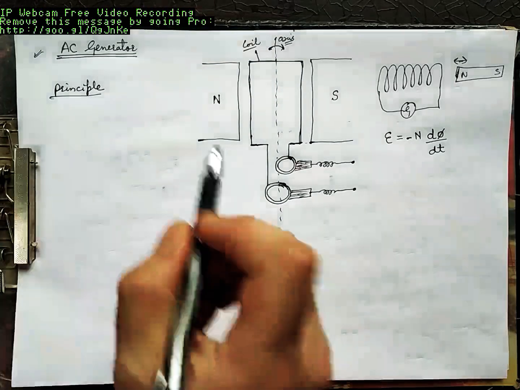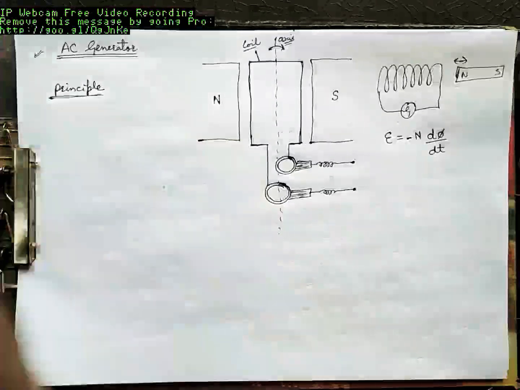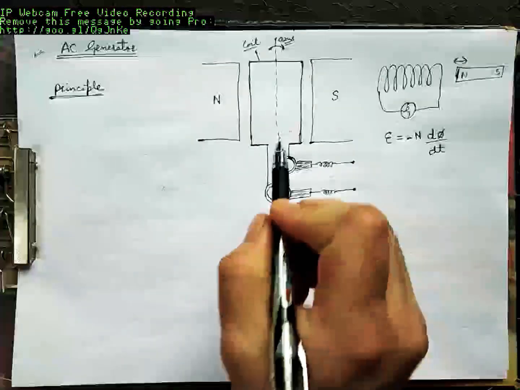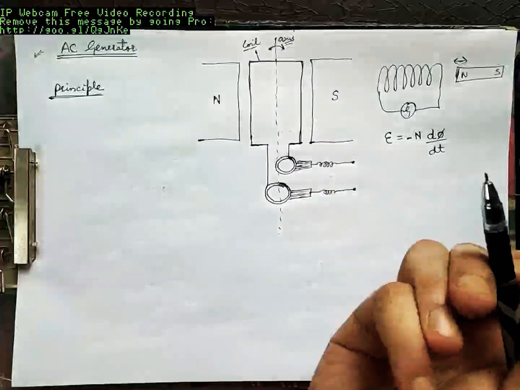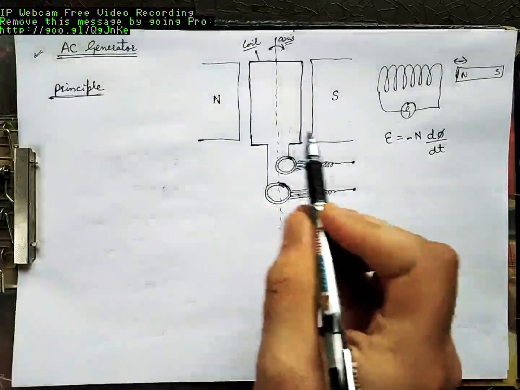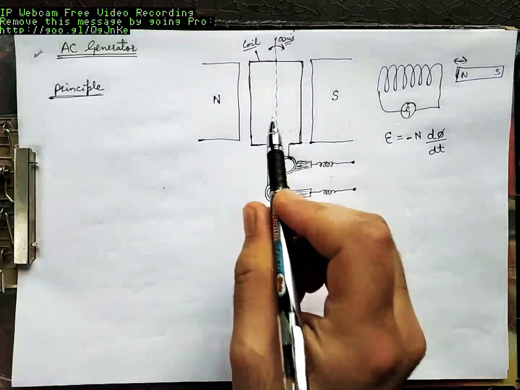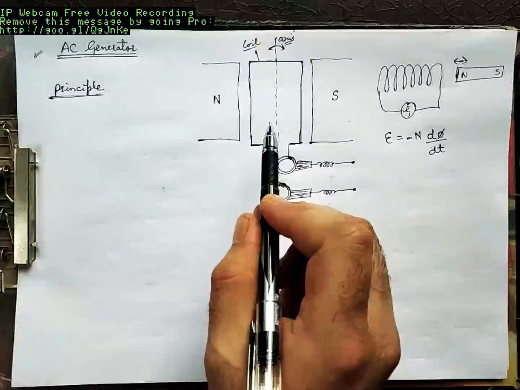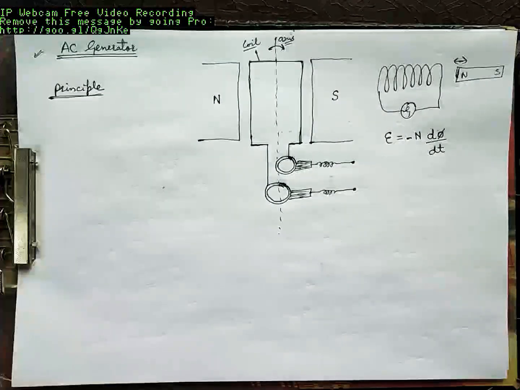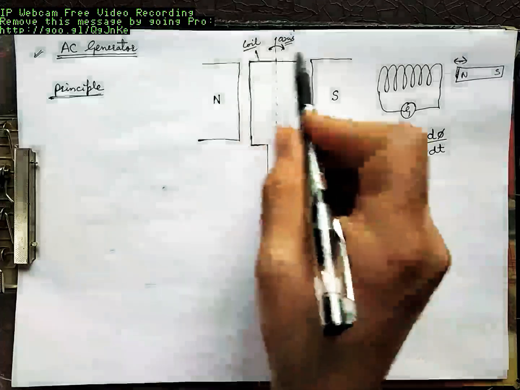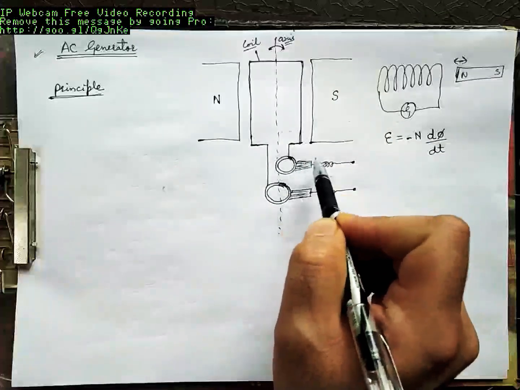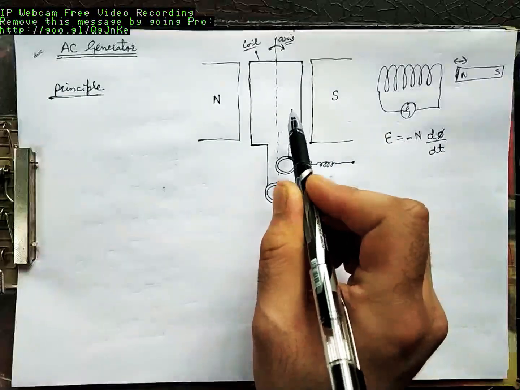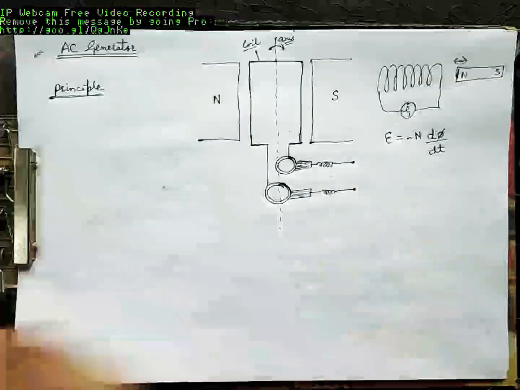On what principle does this work? This is producing electrical energy, but how? This is producing electrical energy because this is experiencing change in flux. And we know whenever we have a coil which experiences change in flux, there's an induced EMF in this coil. And when you connect a load at its terminals, that induced EMF will produce a current through the load. That's what you call electrical energy.